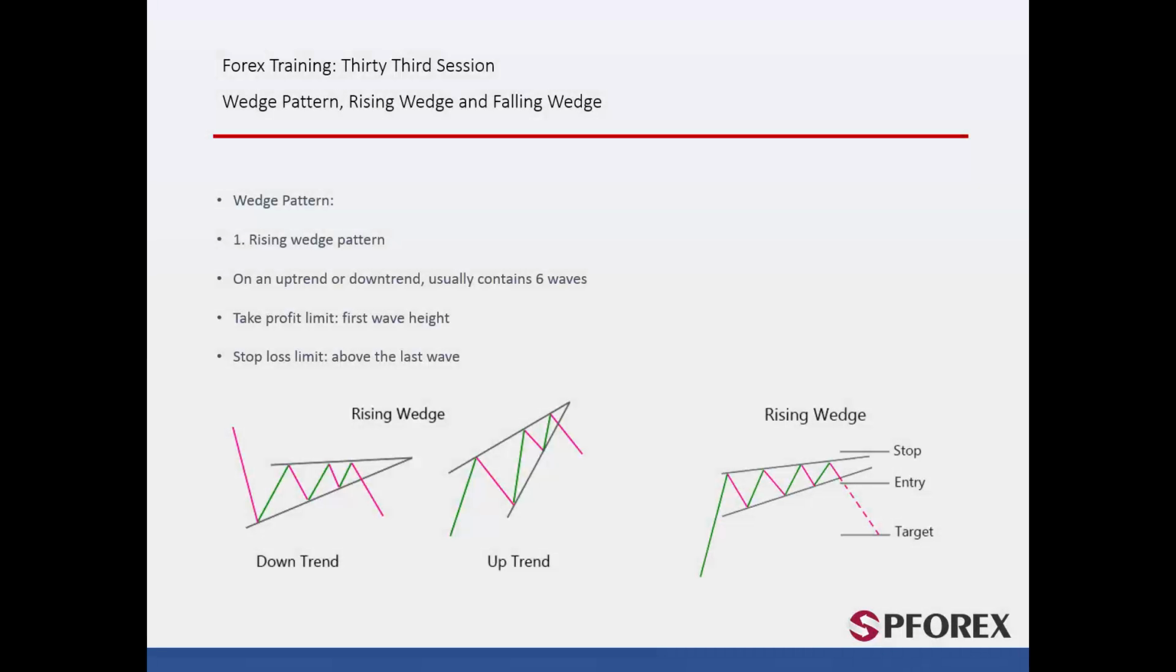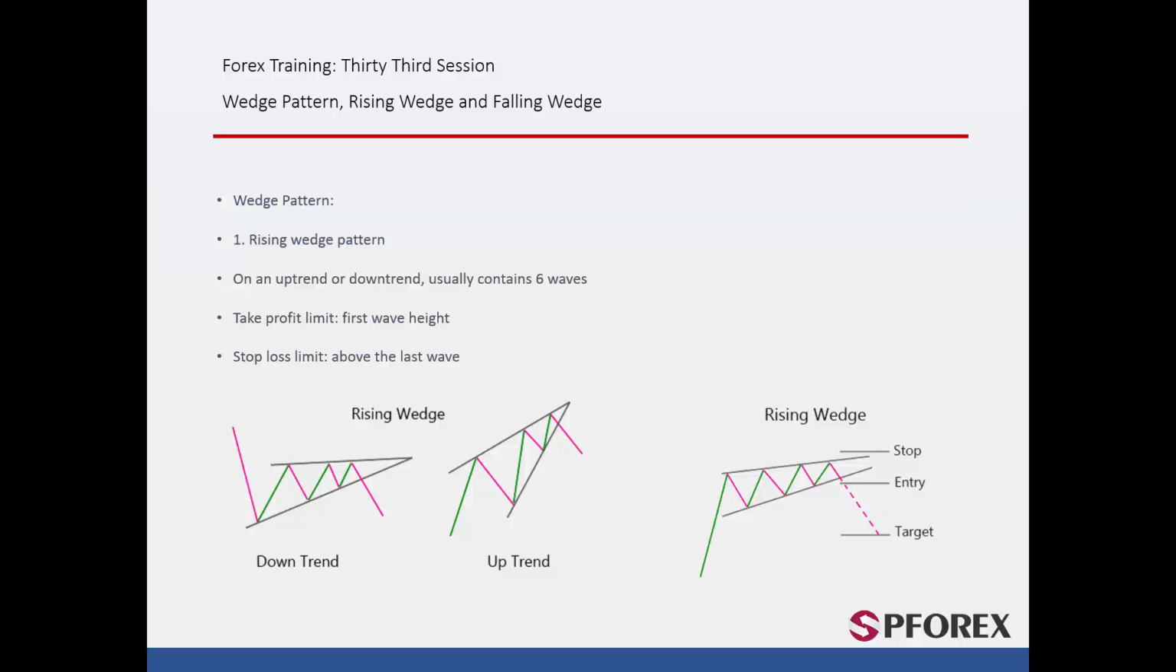Wedge. The wedge pattern is a continual and reversal pattern that has two types: rising wedge and falling wedge. Rising wedge. A rising wedge can be formed as an agreeing or reverse pattern on the basis of the trend direction. If it is formed on a downtrend, then it would be a continual pattern, while on an uptrend it would